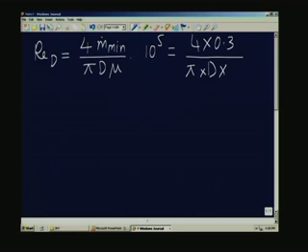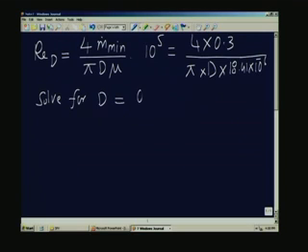Mu is 18.41 into 10 to the power of minus 6. Solve for D, it comes to